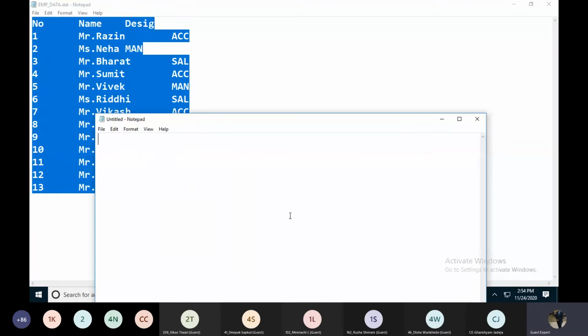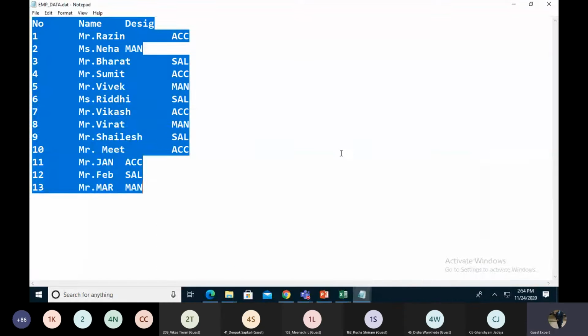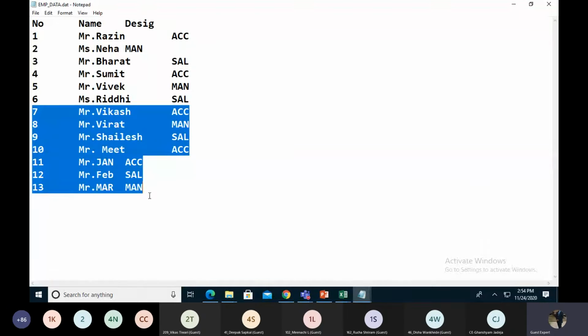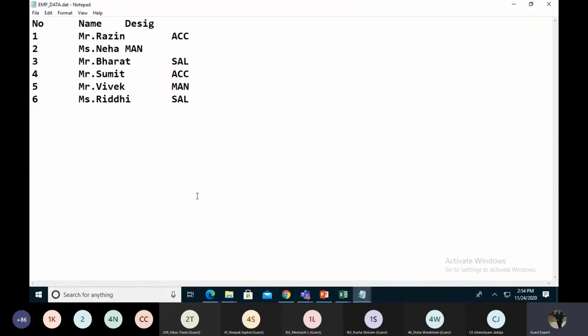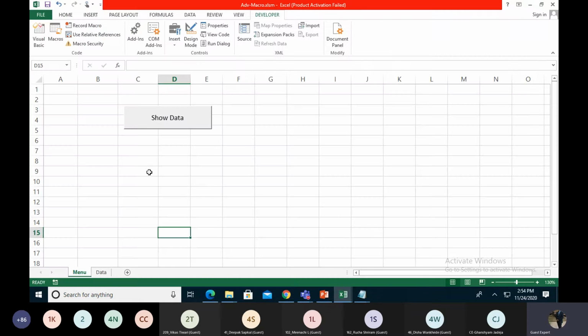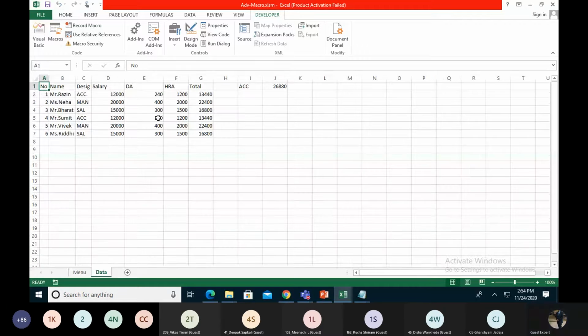Just copy it first somewhere else, and I'm removing those data. Control S. Okay. So first of all, understand this is A1, and I click show data. So this accountant salary is 2688. If I click the cells, this is 33600.